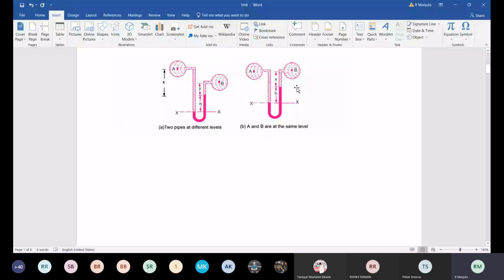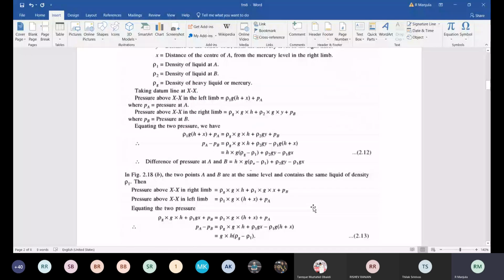Now if you equate these two things, then you will be able to find out the pressure. So that is what is written here, ρg G H plus ρ1 G X plus PB, and here ρ1 G, maybe this is wrong, ρ2, okay, or maybe same liquids, okay, fine. So here both are the same liquid, both are at the same level and contain the same liquid. So same liquid means we will be using only ρ1 on both the sides. So here also ρ1, there also ρ1.